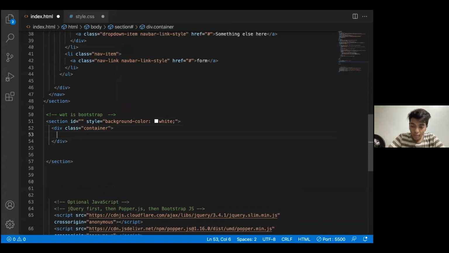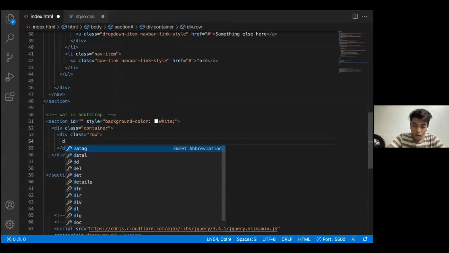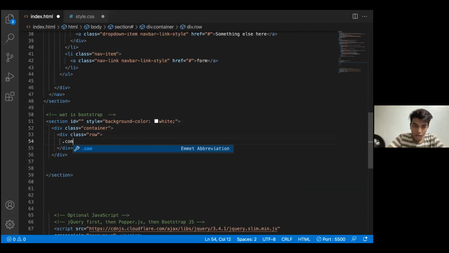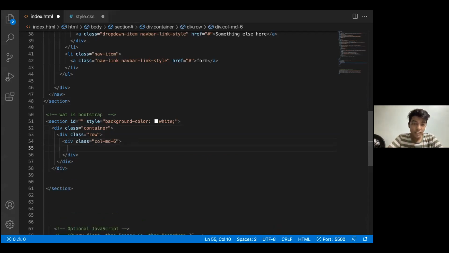Same goes with row. I'll be using a dot, writing row, and I get a div class of row. Same goes with column. So I will write dot col-md-6, press enter and I get a column of MD6.